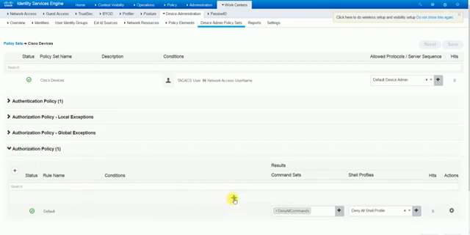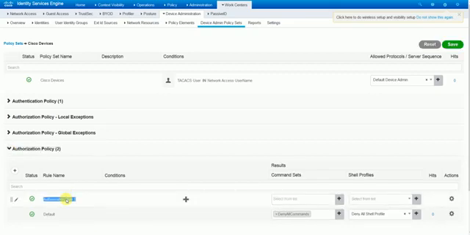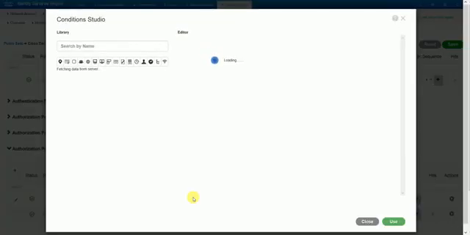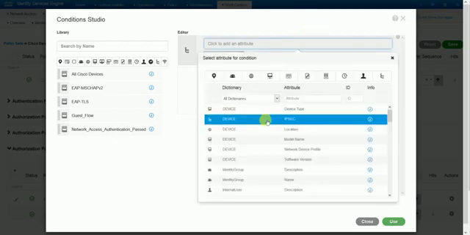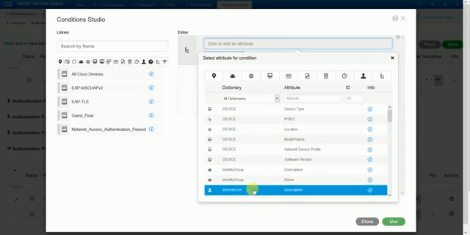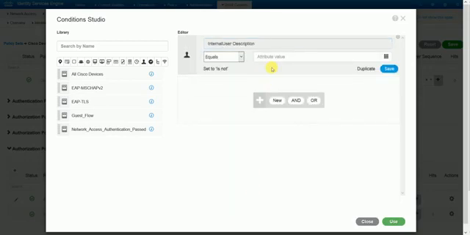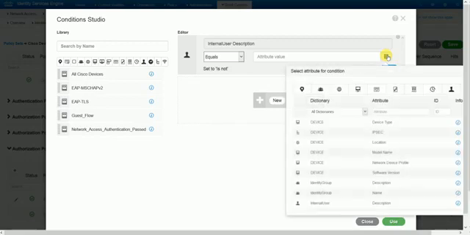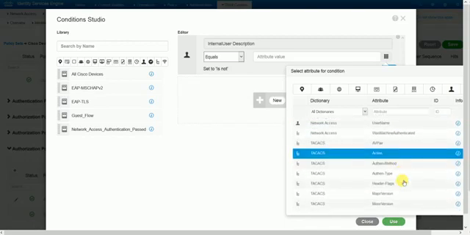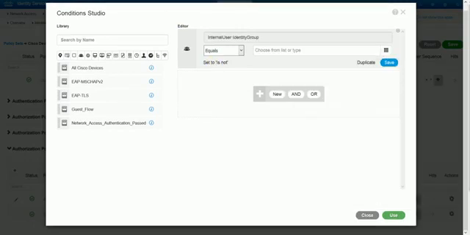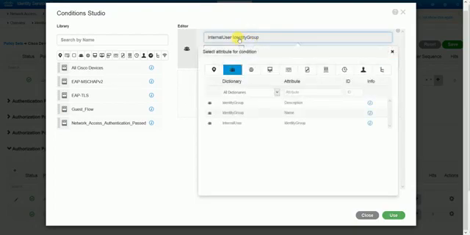So let me create here all device admin, then the condition would be internal user, which should equal to user identity. So here we have selected internal user identity groups.